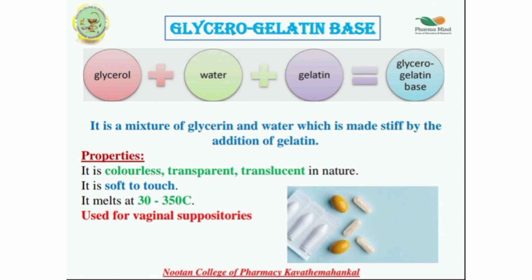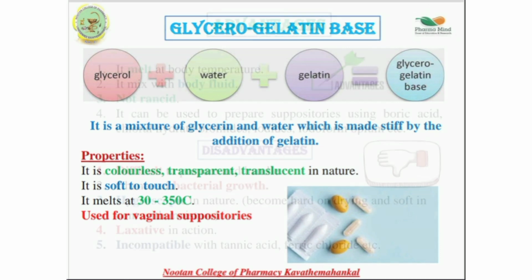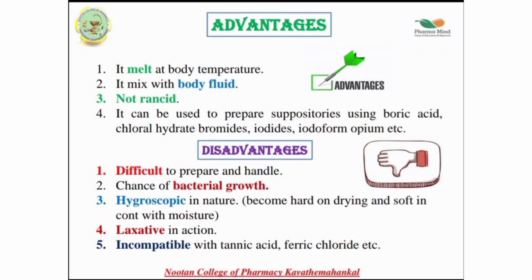It is a mixture of glycerin and water which is made stiff by the addition of gelatin. Glycerol plus water plus gelatin is used to prepare the glycero-gelatin bases. Its properties: it is colorless, transparent and translucent in nature, with a soft touch. Its melting point is 30 to 35 degrees Celsius, and it is used especially for vaginal suppositories. The advantages of the glycero-gelatin: it melts at body temperature,